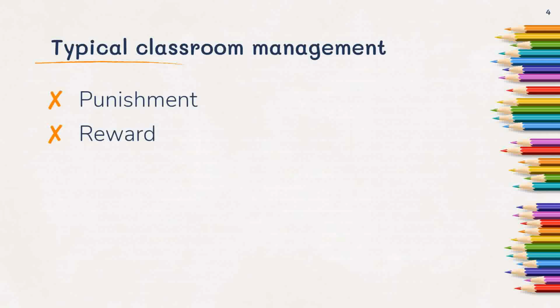But the problem with this is it keeps everything external. So you have to be the one that's constantly chasing these kids around, noticing them doing good things, but then also it starts to lose its effectiveness, and you have to keep upping your game because the students start to get comfortable with the level of rewards that they're receiving, and they're not as enticing. And so you have to bump things up and bump things up. It reaches what we call a satiation effect.